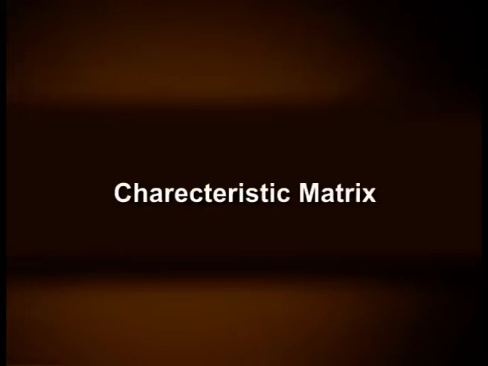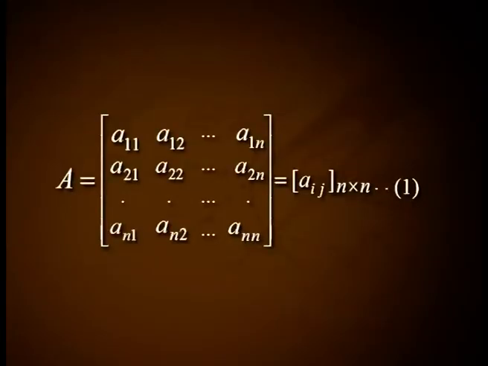Characteristic matrix definitions: characteristic matrix, characteristic polynomial, characteristic equation, characteristic roots. Suppose A is equal to the matrix with rows A11, A12, etc., A1n; A21, A22, etc., A2n; etc.; An1, An2, etc., Ann, which is equal to the matrix Aij, n by n, equation 1, be an n by n matrix and lambda be an indeterminate. Then the matrix A minus lambda into I, where I is the identity matrix of order n, is called the